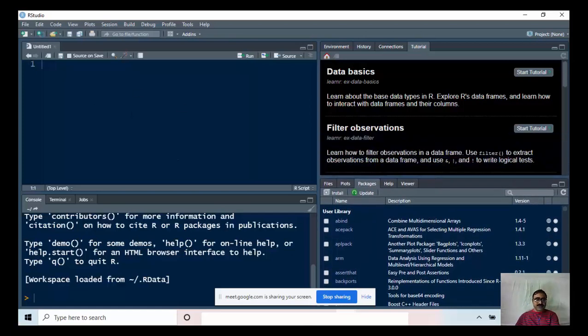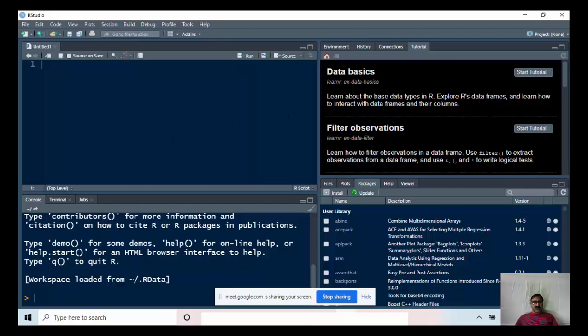The first one is called the script window. This is known as the object window, because all the objects in your program will show here. In the bottom right, these are the packages; there are several pre-installed packages in R that will show here. And in the bottom left is the R console, which will work here.